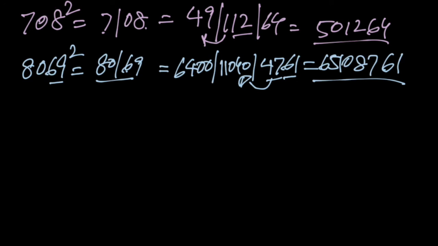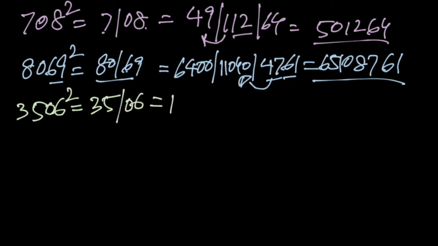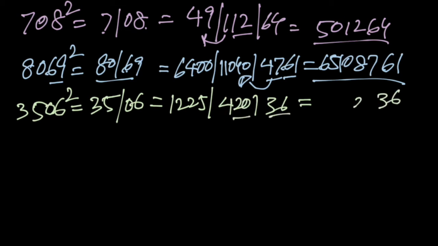Now, let us do one more example, 3506 square. So, here we do 35 and 06. So, 35 square is 1225, 6 square is 36, if you double 60 and 420 here. So, it is 36 here and 20 from here, and then 4 goes here, and then it becomes 2 to